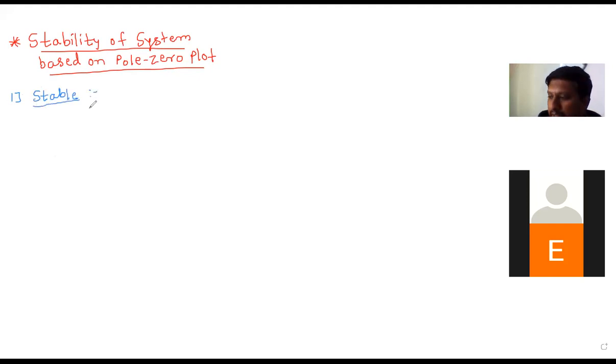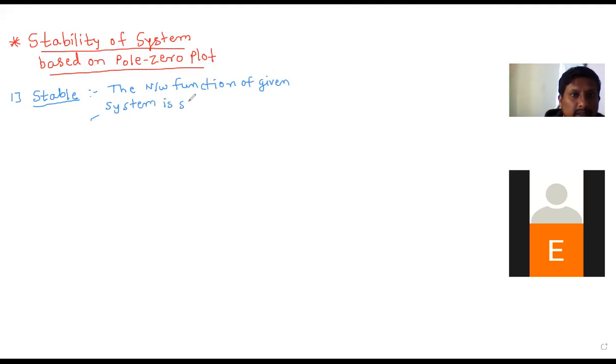When the given system is stable, the network function of the given system is said to be stable,